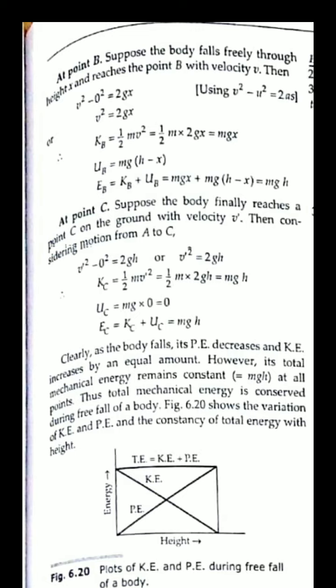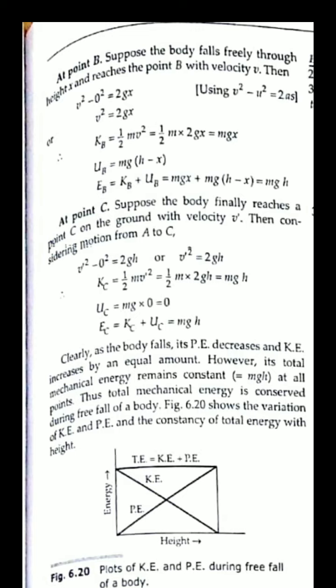The potential energy with respect to point C is mg into (h minus x). The total energy is mgx plus mg(h minus x), and if you solve this, you get mgh. So at point A we get mgh, and at point B we also get mgh. Now at point C,